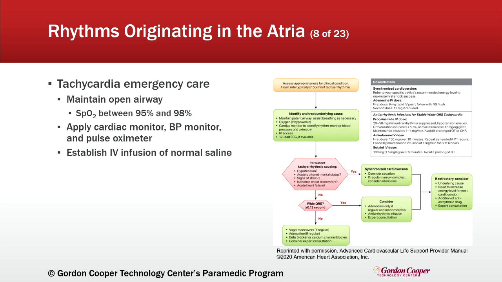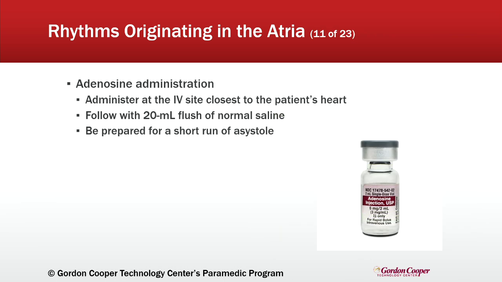Now let's talk about tachycardia, the rhythms originating in the atria. So we've got the same things: airway, O2, monitor, a good blood pressure, pulse ox, 12 lead, IV, and then blood glucose measurement. And then when we're talking about a stable patient, so we're talking about narrow QRS tachycardia, adenosine is typically the medication of choice. So, when to administer it is if vagal maneuvers have been ineffective and the patient remains stable with that narrow QRS